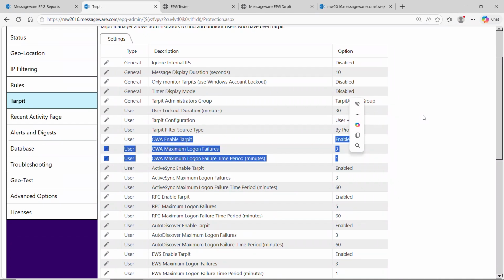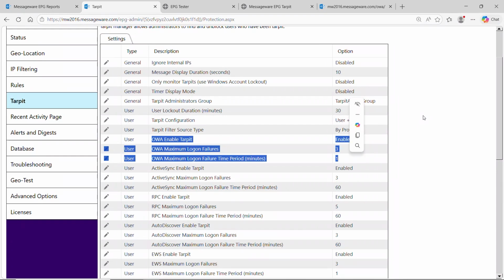MessageWare EPG tarpit is essentially a second lockout threshold for Active Directory. We have our own lockout threshold up front we call tarpit that we use to stop brute force attacks. The idea being we want our users to continue to work and not be locked out of Active Directory, while at the same time ensuring we stop attacks at the perimeter without impacting our real users. In fact, they seldom realize there's been any kind of unusual activity on their account.